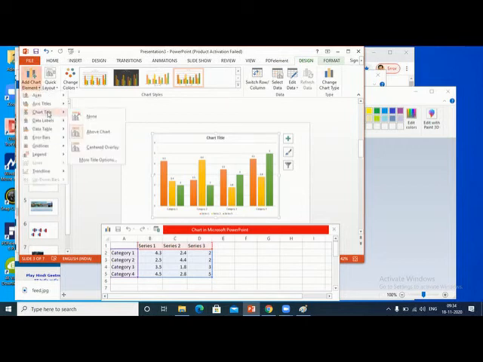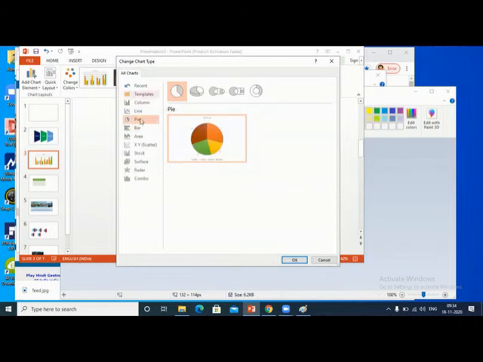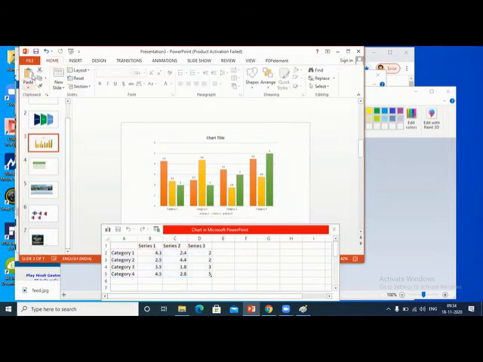You can change different styles also. So there are different types. You can try that later. Column, line, bar chart, pie chart. So many things are there. You can try different ones. So that is regarding chart. I hope you got some idea.